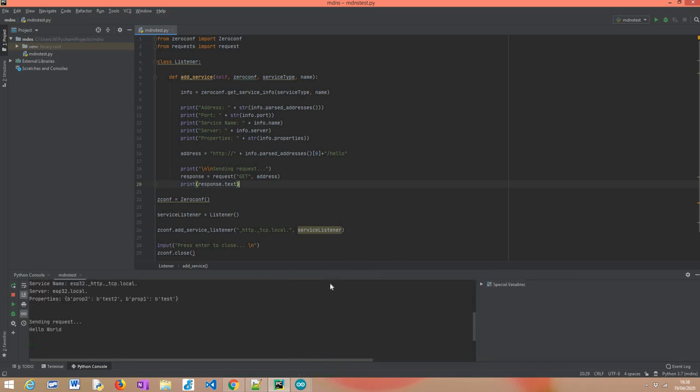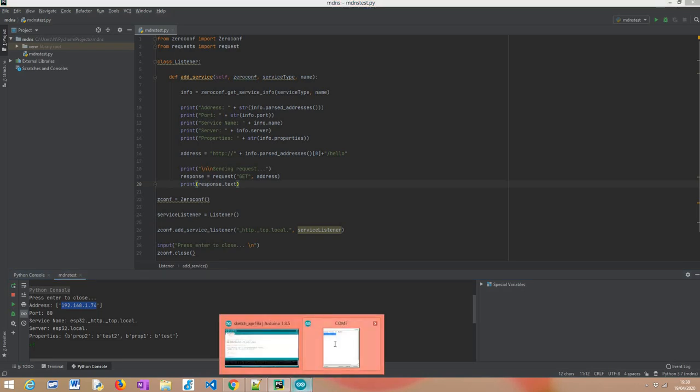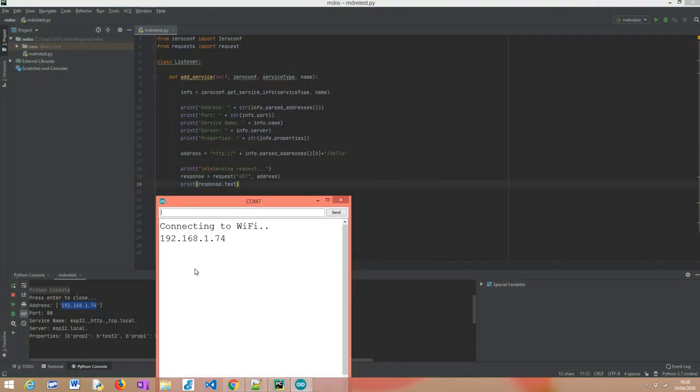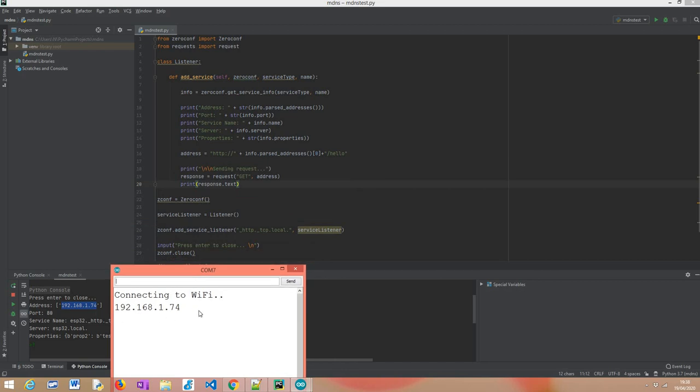As you can see, it is running. Okay, let's analyze it from the beginning. So our "press enter to close" message is just an indication for the user if he wants to finish the script. Then, as you can see, we have the address over which the service is exposed. Like I've said, it's an array of strings where each string is an IP address. But in our case, on our ESP32, we just have it listening on one network interface, so it is being exposed on this IP. Let me bring back what we have here, and as you can see, both IP addresses match, so we were able to get the correct IP address of our service.